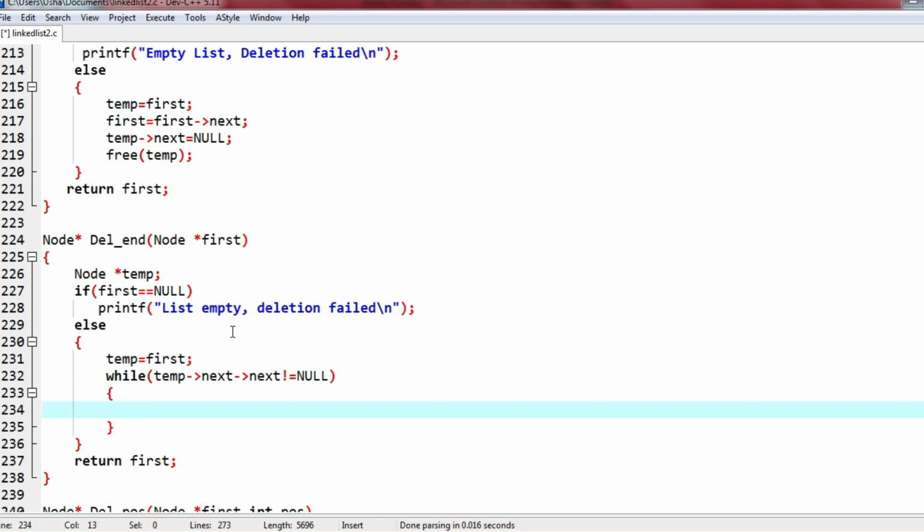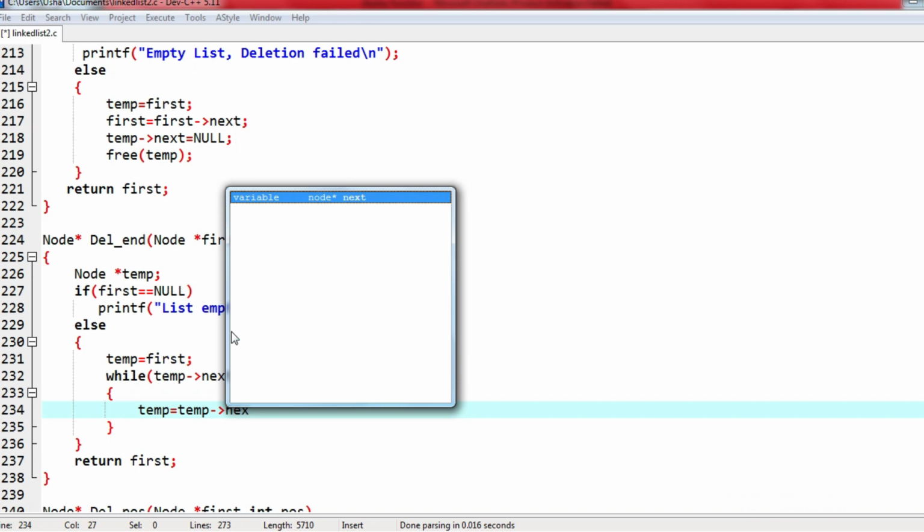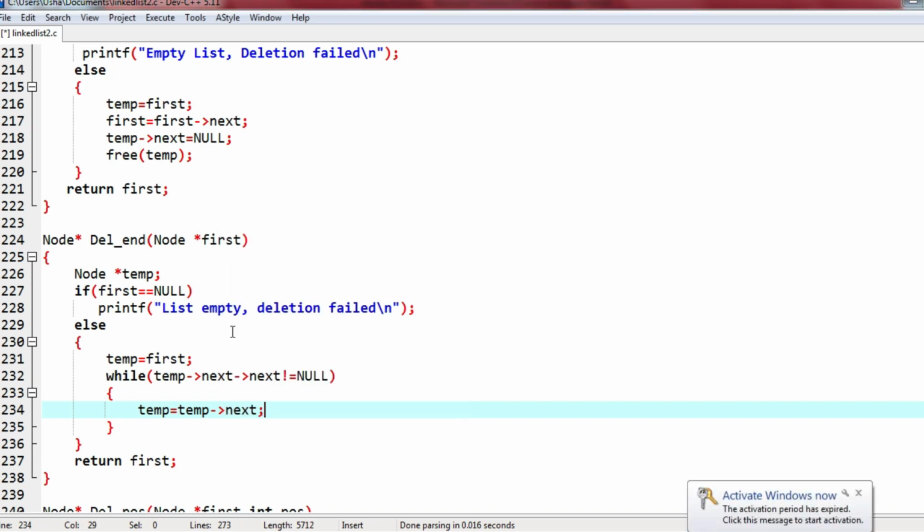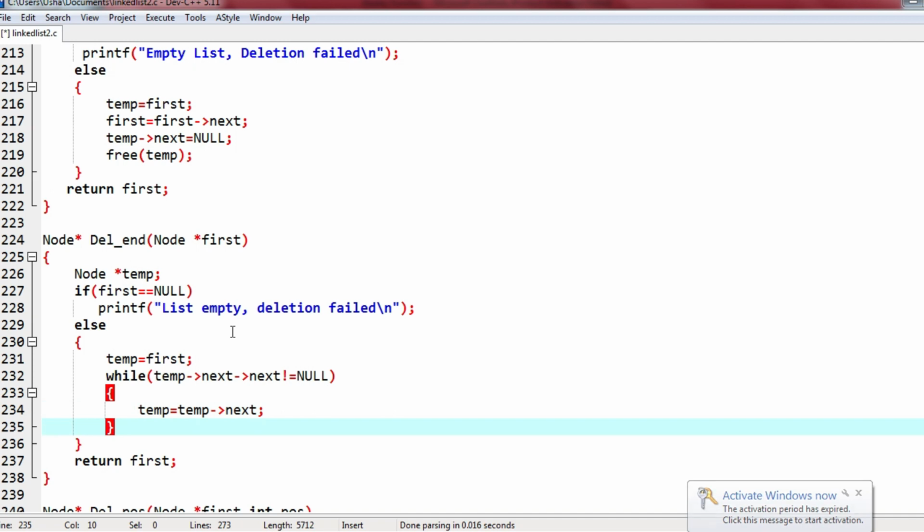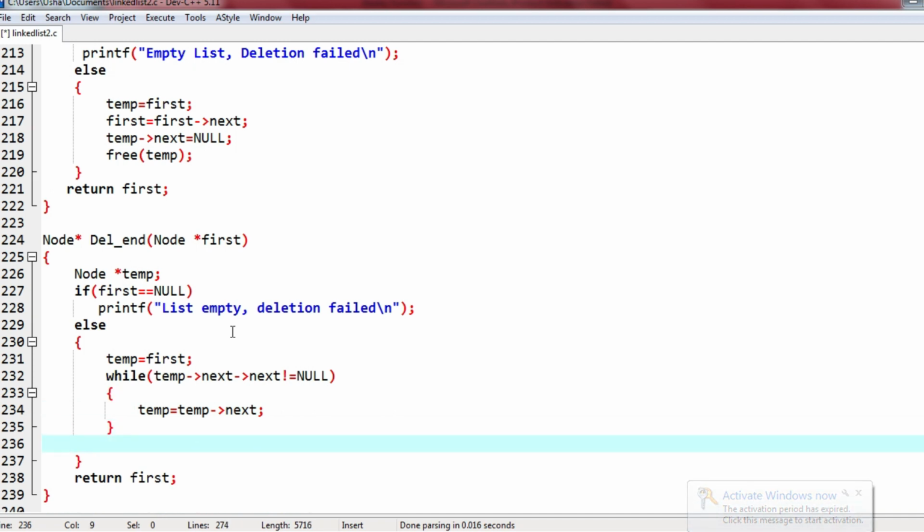So if temp next equals to null, means there is one more element that is present in the end. So temp next not equal to null, temp equals to temp next. Okay, here we come out of the loop only when we are in the last but one element of the list. Now when I come out of the loop, I am in that position wherein the next pointer is going to be the last element.